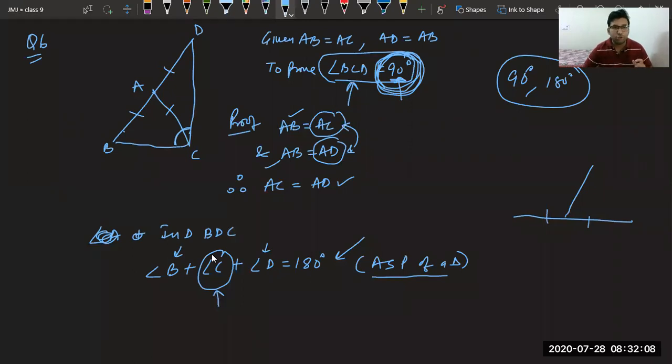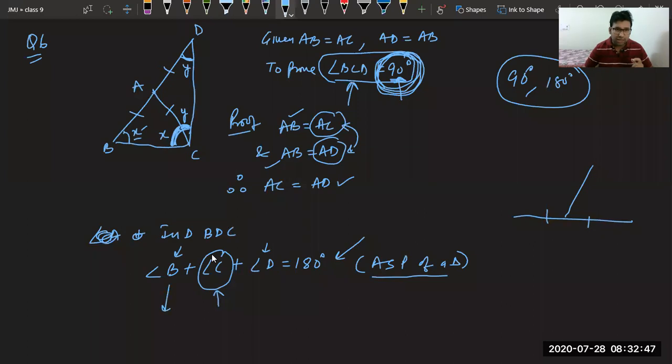Now see, all of you, let us name it. Suppose this is X, this is Y. Now tell me, this angle will be how much? If this is X, this is how much? Because ABC is an isosceles triangle, we can say if this is X, this is also X. Similarly, if this is Y and triangle ACD is an isosceles triangle, this is also how much? Yes, class? Y. So we have got this.